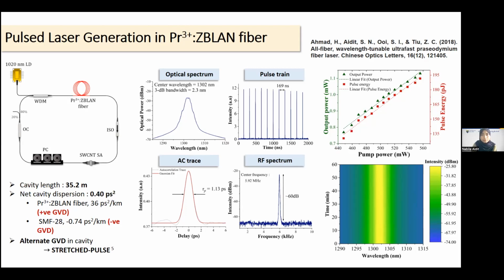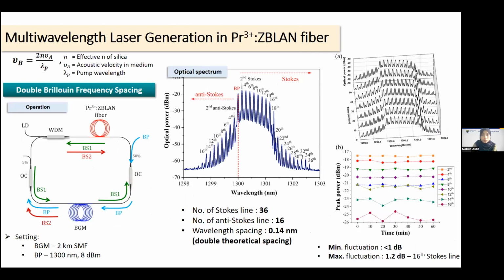Next is the development of multi-wavelength lasers in Pr3+ ZBLAN fiber using the stimulated Brillouin scattering effect. So the schematic diagram of the multi-wavelength Brillouin laser is depicted here. The BP is injected into the laser resonator in the clockwise direction through the 50% port of the 3 dB coupler. When the BP reaches the Brillouin gain medium, in this setup we used 2 km SMF as the Brillouin gain medium. The first order Brillouin-Stokes line, which is BS1, is generated on the condition that the